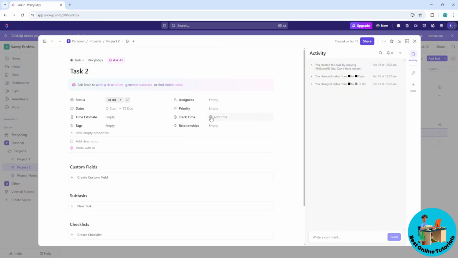So from here, guys, once you want to start the task over here, you could just simply go ahead and select this one, and from here you should be able to work on the project, and you should be able to track the time. And after that, when you want to stop, you can just simply stop the timer,